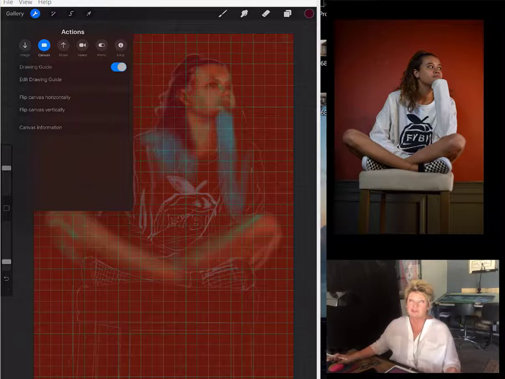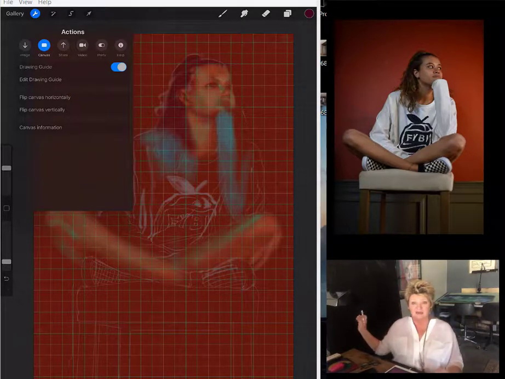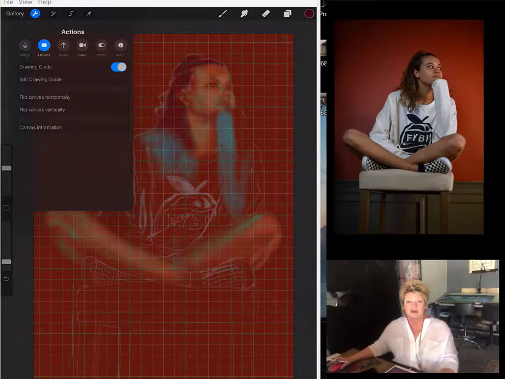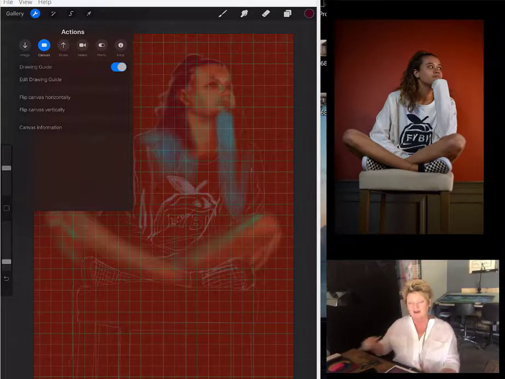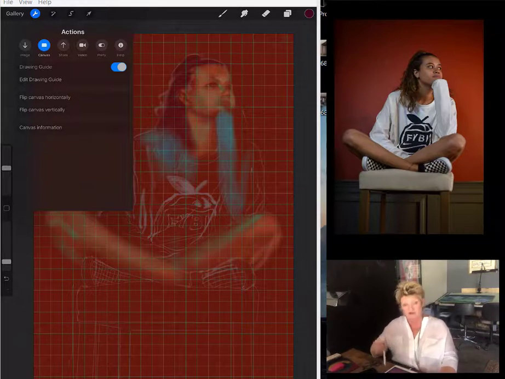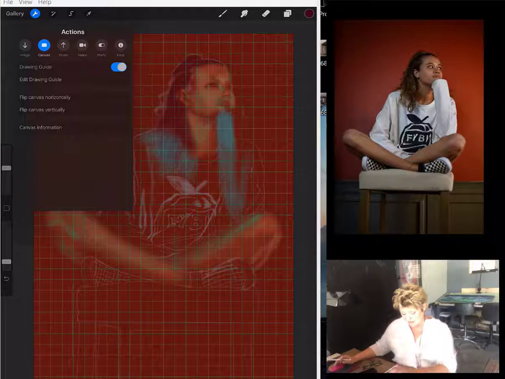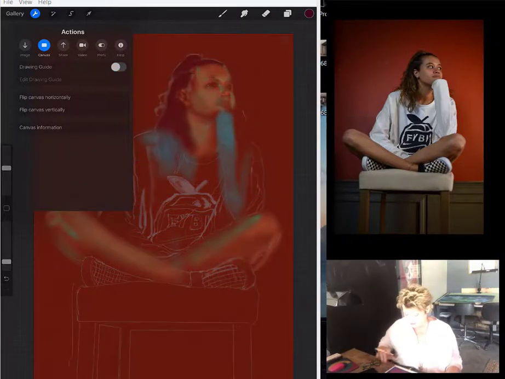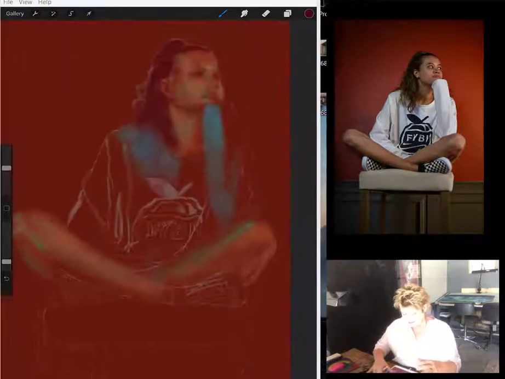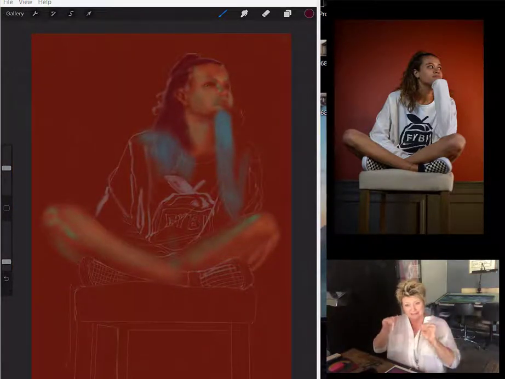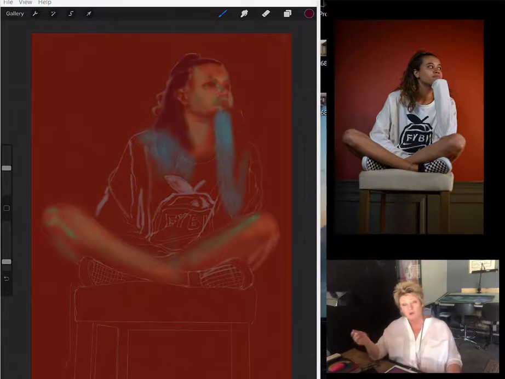The drawing guide gives you your grid pattern. So when I'm doing realistic portraits on a canvas, or even on here, if I'm not really catching the exact outline of the piece, I sort of reference it with a grid guide, which is how I started this piece. So everything was gridded out, and then I drew it out. This is the grid actually that I used for it. So I'm going to remove the grid and get back to my original piece, and once it's been gridded out, I drew an outline where I lined it out, and then I started putting down my base colors. Now I'm working in a